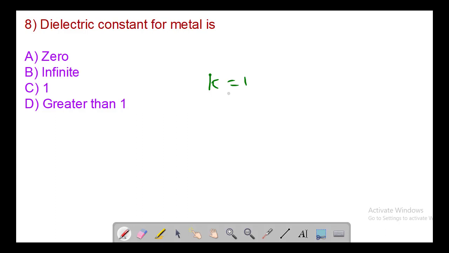So for metals, they are very dense, so for that purpose K is infinity. For metals K is infinite. The least value of dielectric constant is for air and vacuum, which is K equal to 1, and for all the other media it is always greater than 1, and for metals it is infinite. So the answer is B,